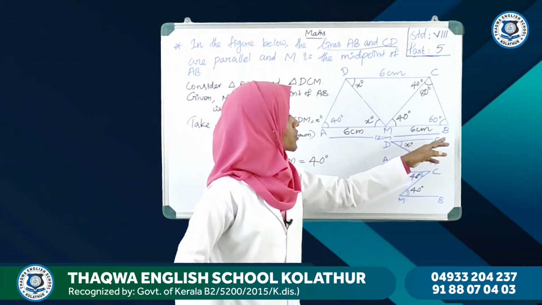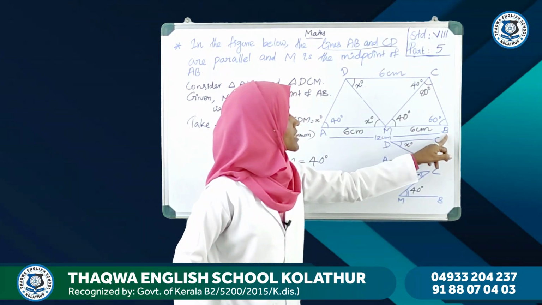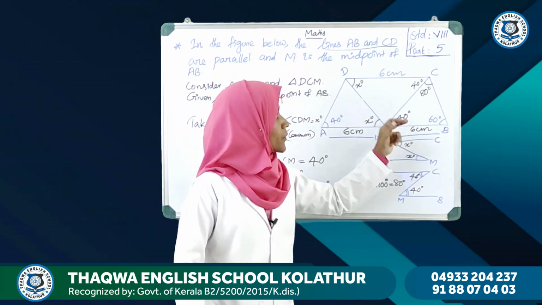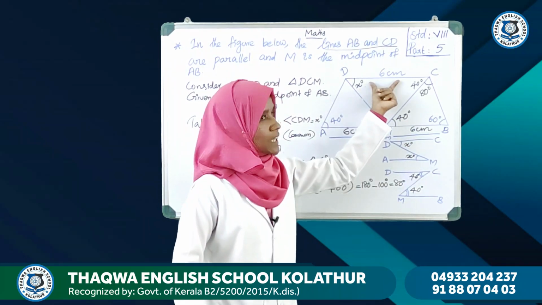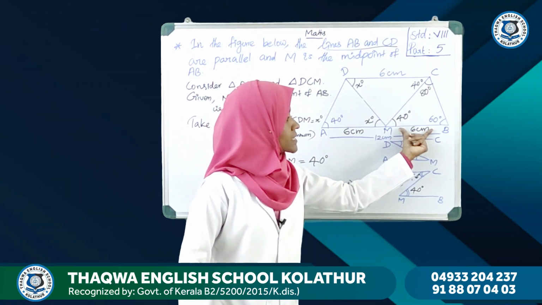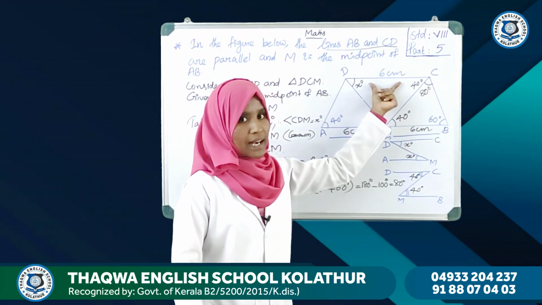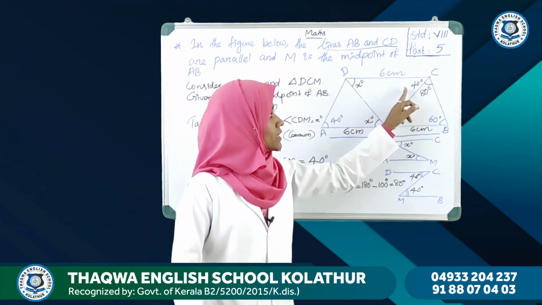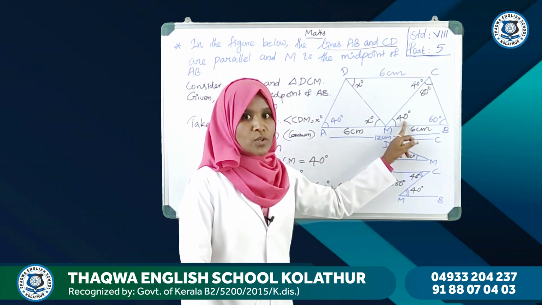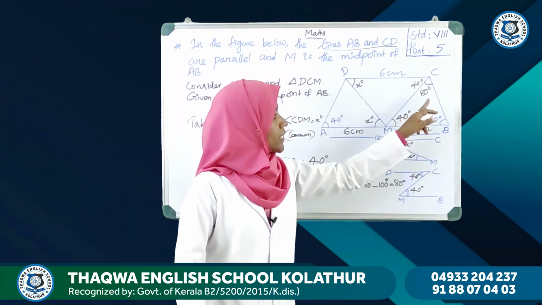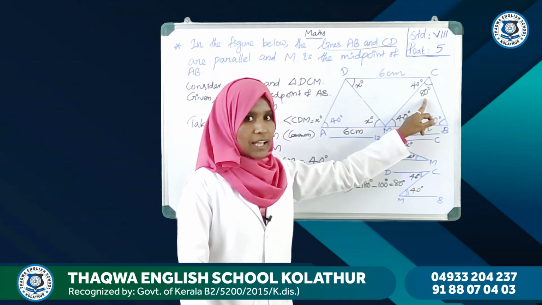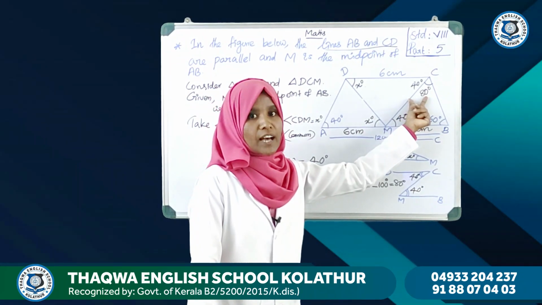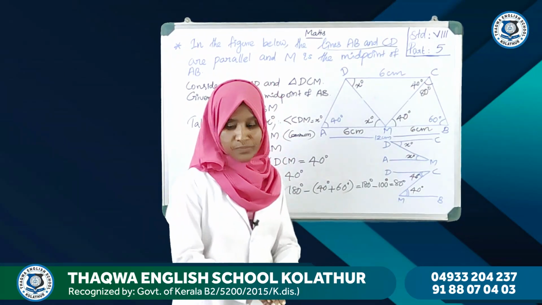Yes. The next angle, from this we can write angle BMC is also 40 degree. And what is the reason? Since AB and CD are parallel, that is the lines BM and CD are parallel, these two angles are the alternate angles. So these two angles are also 40 degree. Okay, then angle BCM is 80 degree. Why? Sum of the angles of a triangle is 180 degree. Okay.